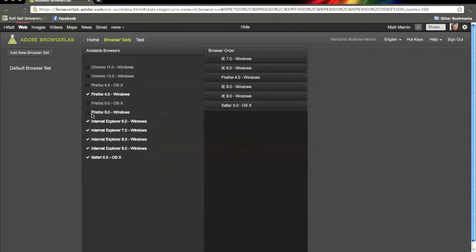So once you have all of your check marks of which ones you want to test, you simply click on the test button, and up at the top you would type in the URL that you'd like to visit, or like to see. So we're just going to go to a website, bbc.com,